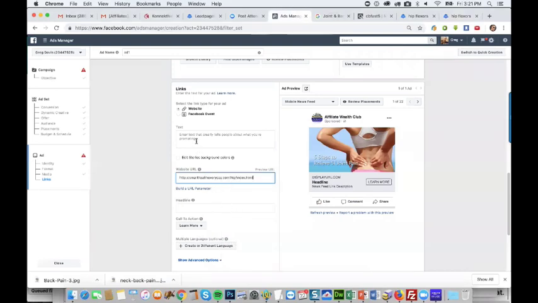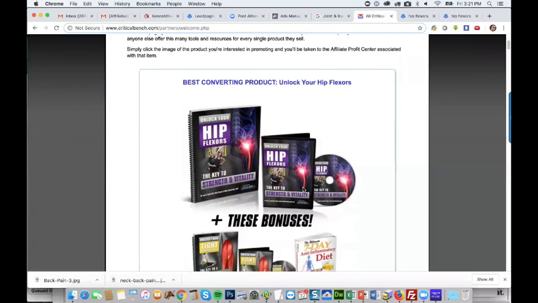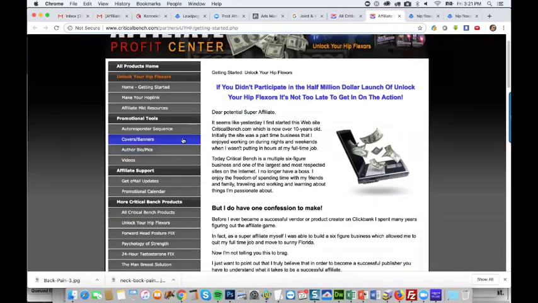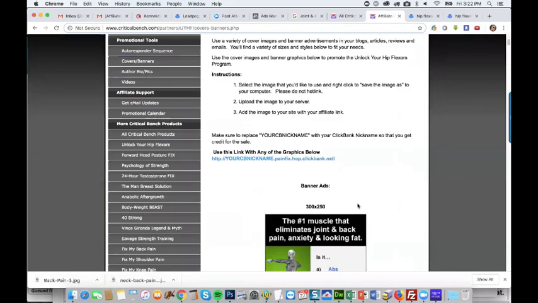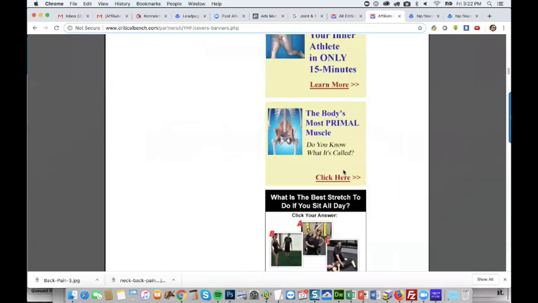And we want some text. What happened to our little cheat sheet? Let's make our life easier. Let's look at the banners they have and use that. That's a landing page, so we want to say the same thing.